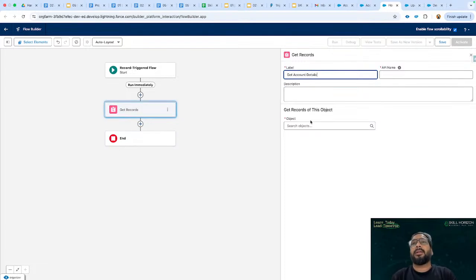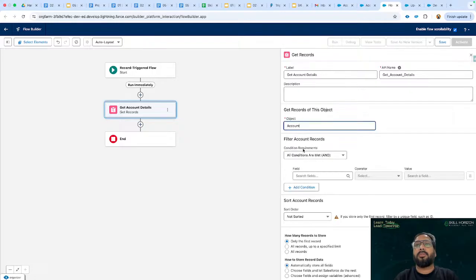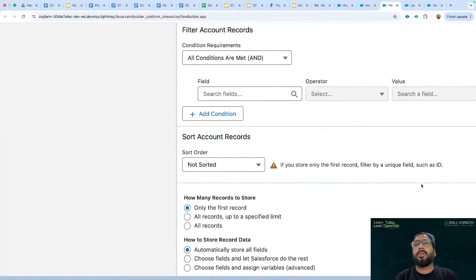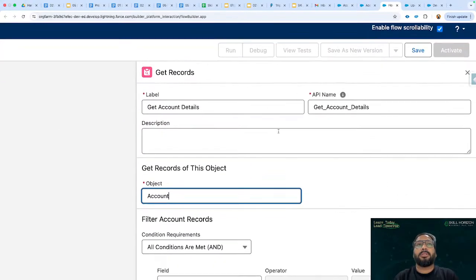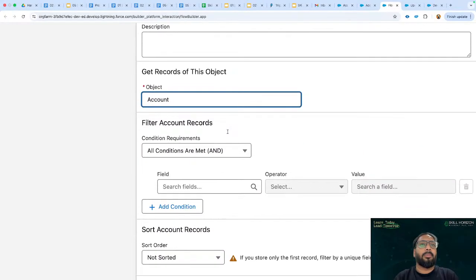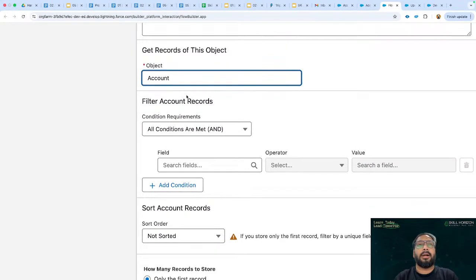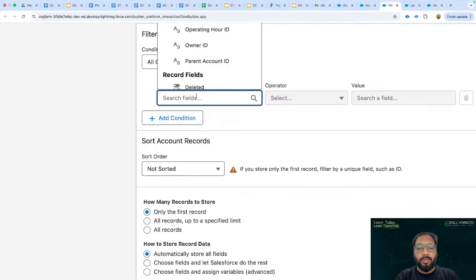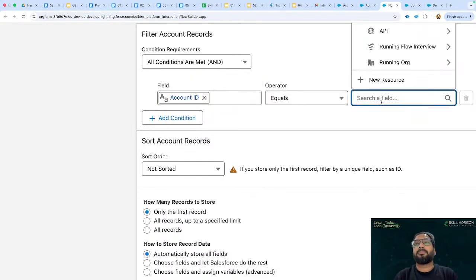So I'm going to get account details. I'm choosing account here. I hope you will be able to match my speed. I am using the Get Record element. I just provided the label, then I'm providing Get Records of the Account object. Now here I'm going to write the ID. So Account ID equals, and